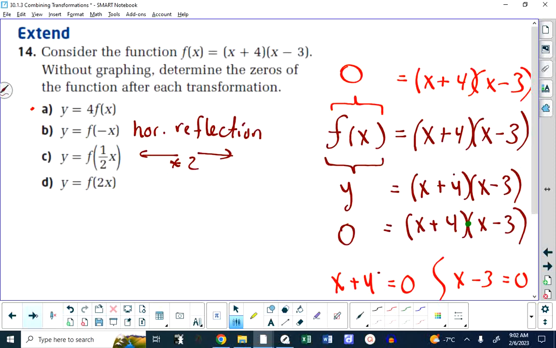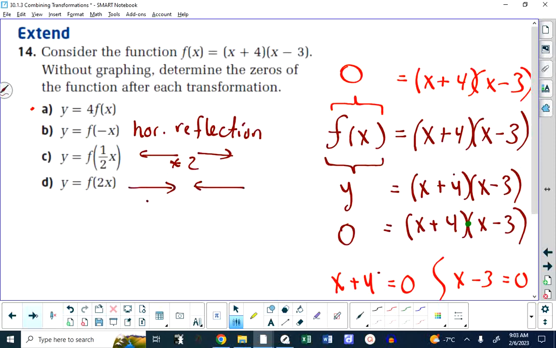What does that mean? That means if I have an x-intercept that is at negative 4, 4 to the left of the y-axis, it's going to be 8 away from the y-axis after that stretch, so the x-intercept would be negative 8. And if my other x-intercept was positive 3, then it's 3 away on the right-hand side, and if I stretch that horizontally by a factor of 2, it's going to be twice as far away, which would be 6 away, which would mean the x-intercept would be 6. On the other hand,